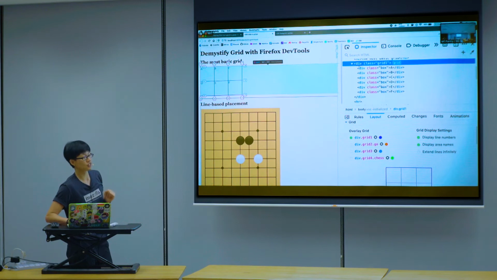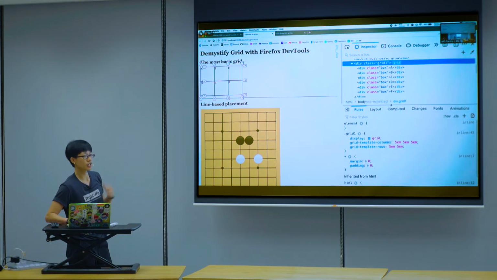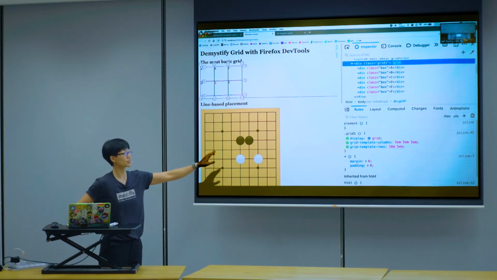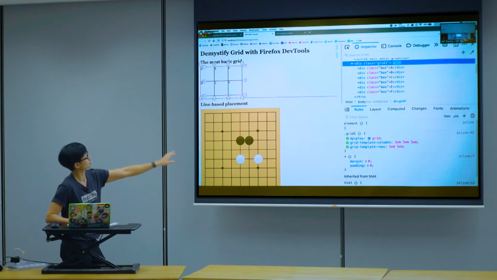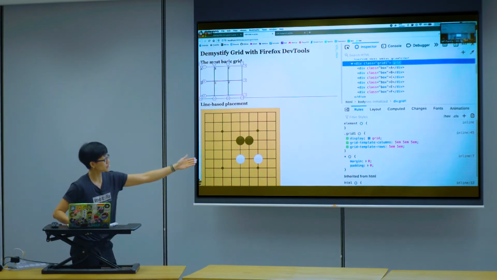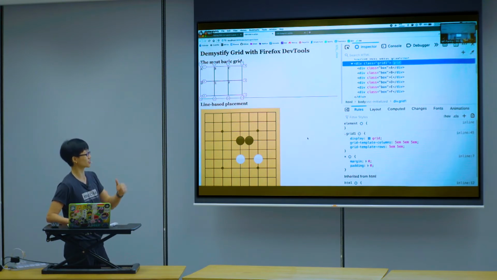So the basic structure of grid, we go back and look at the code, right? The grid syntax I personally quite like because it's a very visual syntax. After you apply display grid, you define your grid using grid template columns and grid template rows. You see, grid template columns has 3 values. Then you see how? 3 columns. Grid template rows has 2 values. You see? 2 rows. Very intuitive, very good.